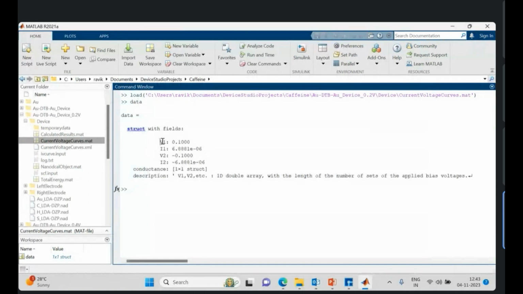You can see this is the voltage V1 0.1, I1 6.8881 into 10 to the power minus 6. This is the voltage V2 minus 0.1 and this is the current I2 minus 6.8881 into 10 to the power minus 6. So you can take this output